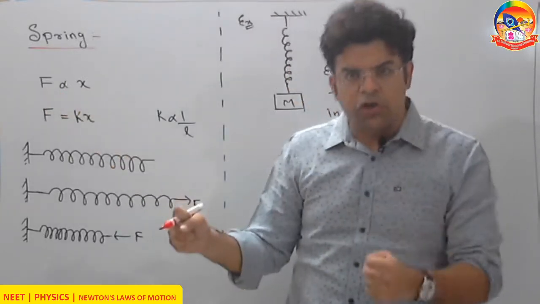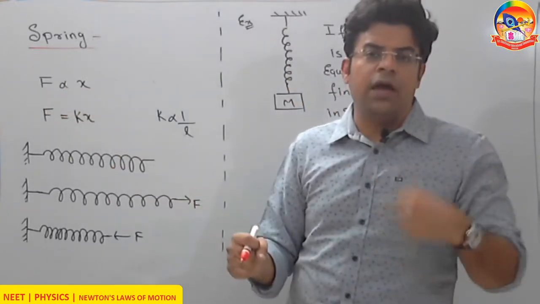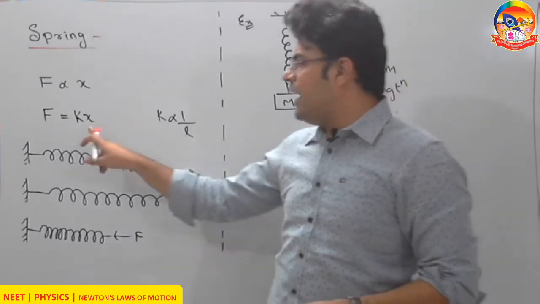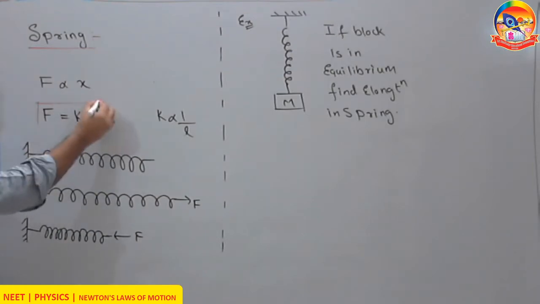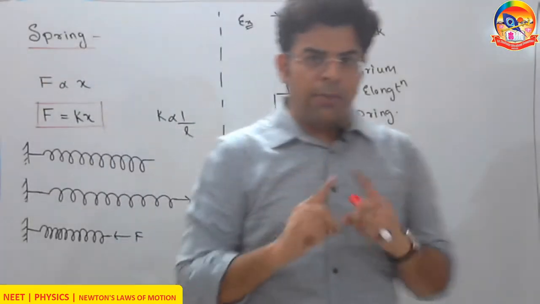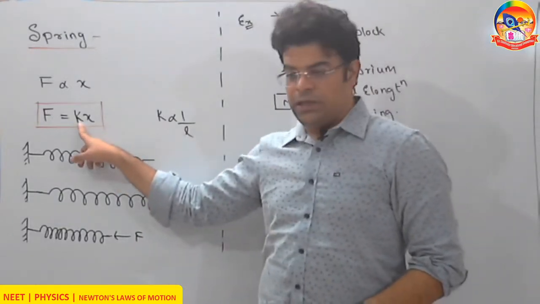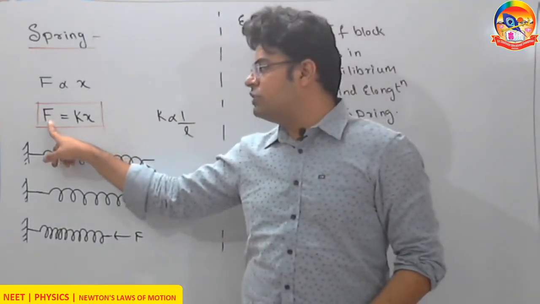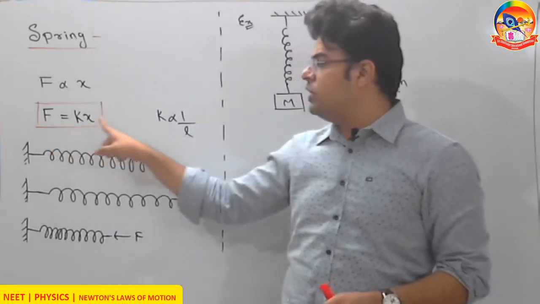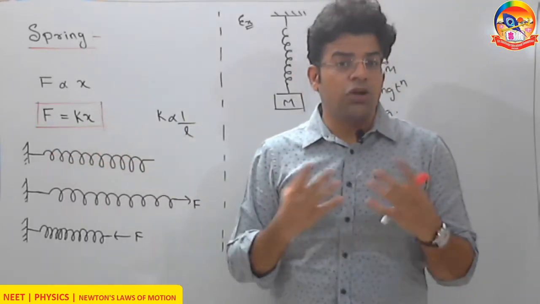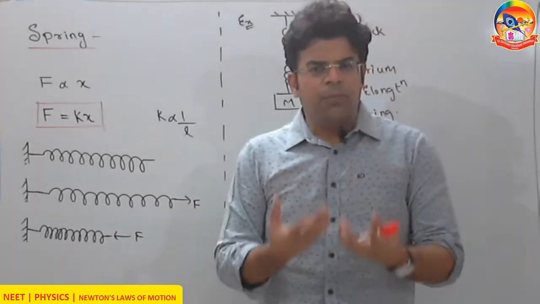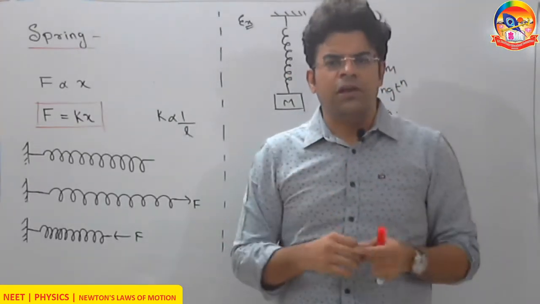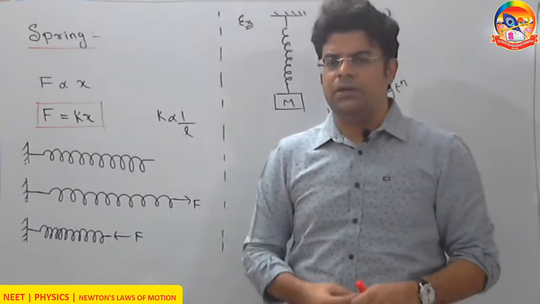The more you want to deform, the more the amount of force has to be applied. Then we add a proportionality constant k and we write F equals kx. One thing that we should remember, this spring constant neither depends upon the force applied, nor upon the deformation in the spring. It's a constant for a given spring, but it depends upon what? The type of material used, the radius of turn, the length of spring, the temperature and many things.